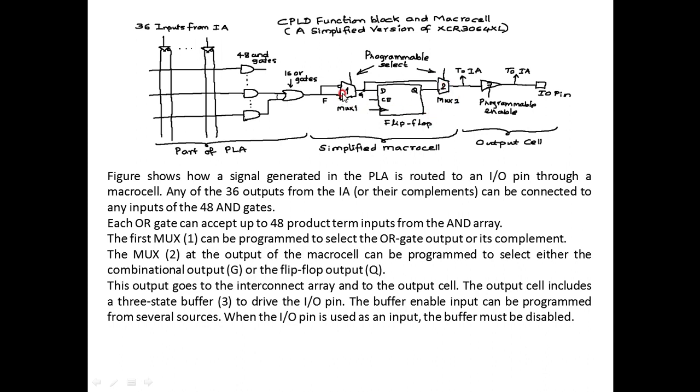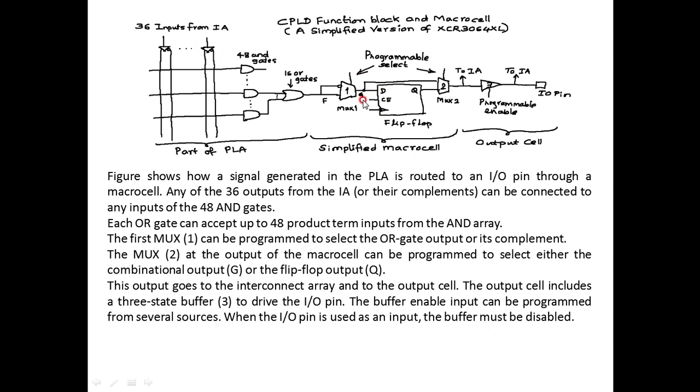The simplified macro cell part will contain two multiplexers, mux 1 and mux 2, and there will be a flip-flop. Through a programmable select, you are taking function F or the complemented version of the output. In some cases we need the complemented version, in some cases the direct output, so it depends on the programmable select. All this programming of the mux is done with CAD tools when you want to download your design onto the chip. Sophisticated CAD tools will do the job for us.